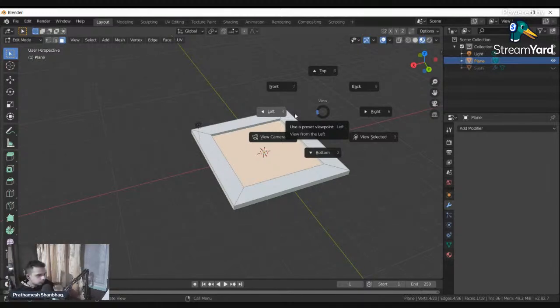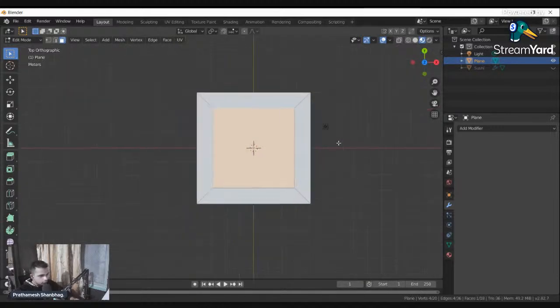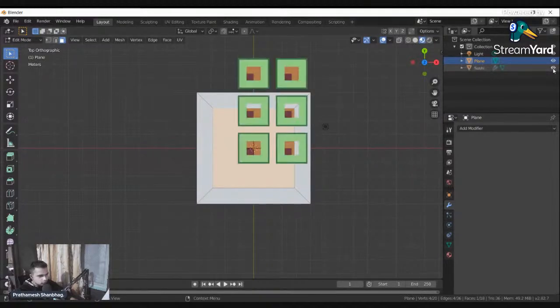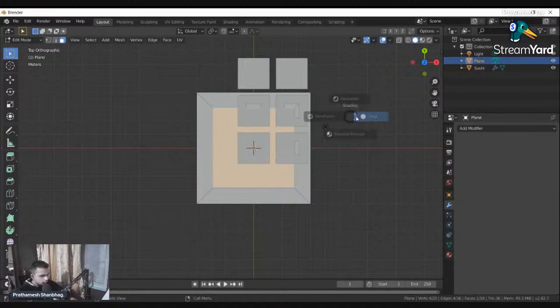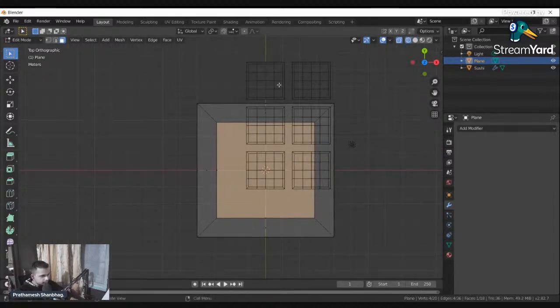All right. So we have this circular menu. So if I want to view the entire thing from top, I can go to the top view, and Blender automatically snaps to the top view. And since we have the sushi hidden, we can't see it, so we go see the sushi. The sushi is here. I'll switch to the solid view for now. Sorry, to the wireframe view, so that I can see clearly.